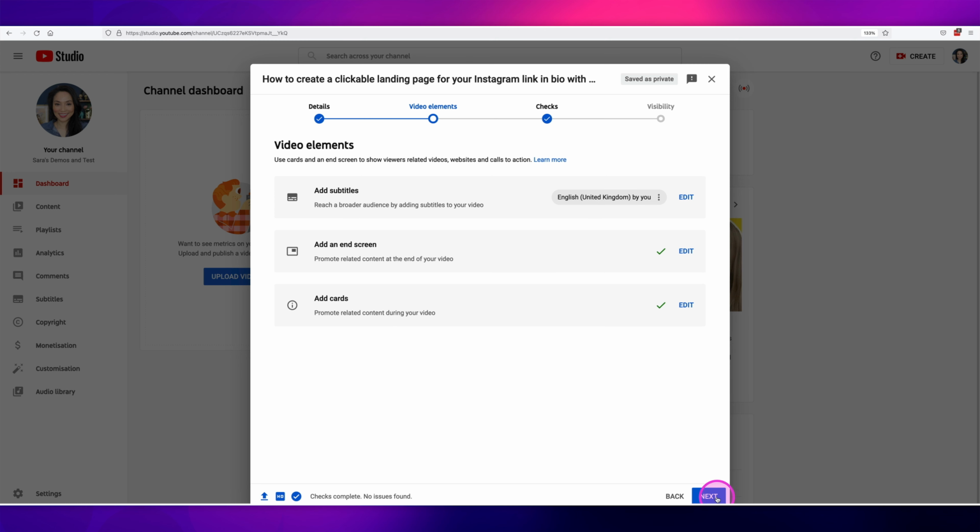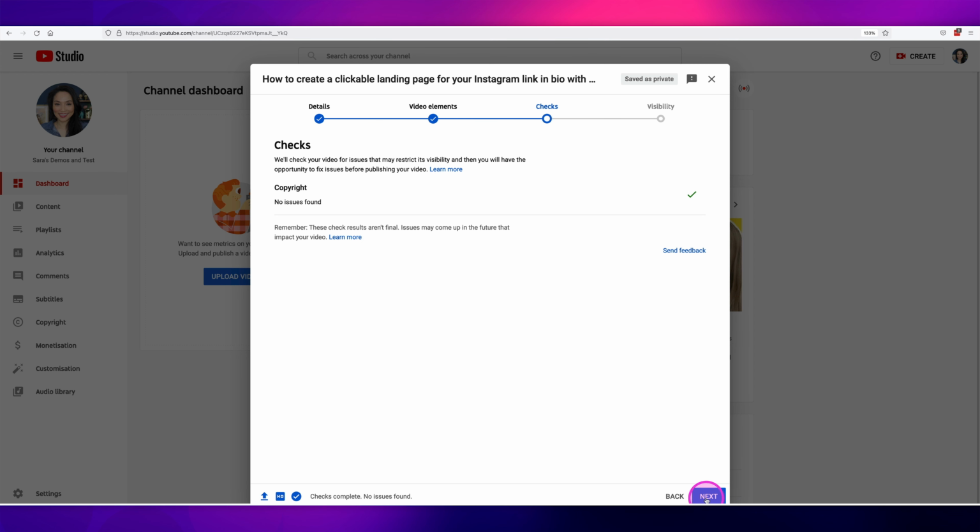If we continue along and select that next button, here's where YouTube will do some checks for you. We highly recommend that if you are going to upload a YouTube video, you go through this process so that if there are copyright claims or copyright strikes, you can identify them before the video is published, ideally.